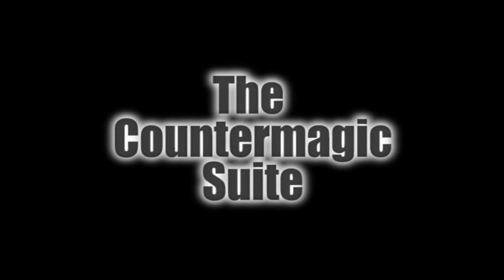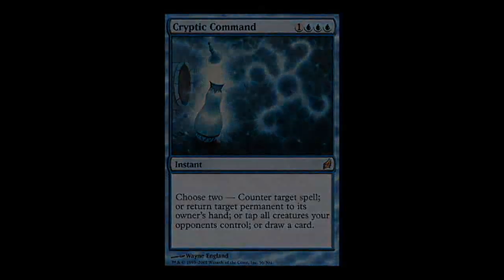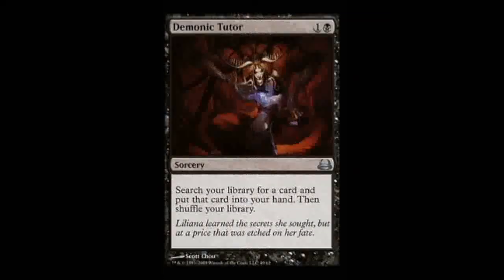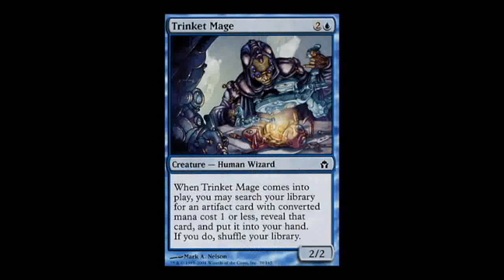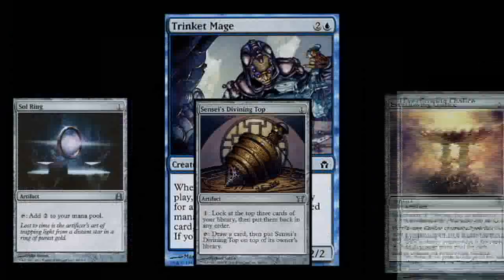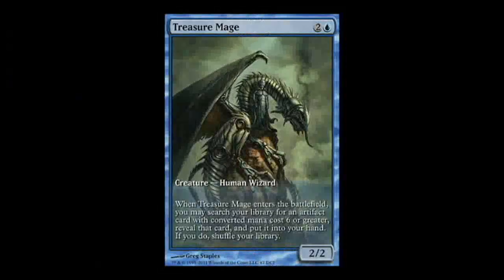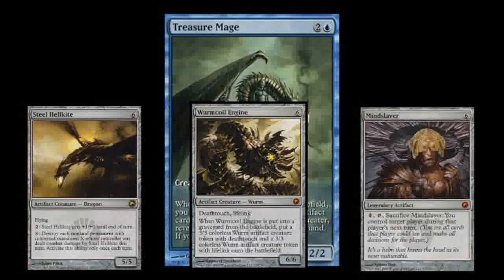The deck runs a bit of countermagic, normally to protect Thrax. Counterspell, Hinder, Cryptic Command. Like any black deck, this EDH has its fair share of tutors. Vampiric Tutor, Demonic Tutor, Mystical Tutor, Liliana Vess, and Tolaria West. Trinket Mage gets Soul Ring, Top, and Everflowing Chalice. Treasure Mage might seem like an odd choice in a deck with so few targets, still Hellkite, Wormcoil Engine, and Mindslaver, but having a tutor on a body is great in a deck with so much equipment to stick on